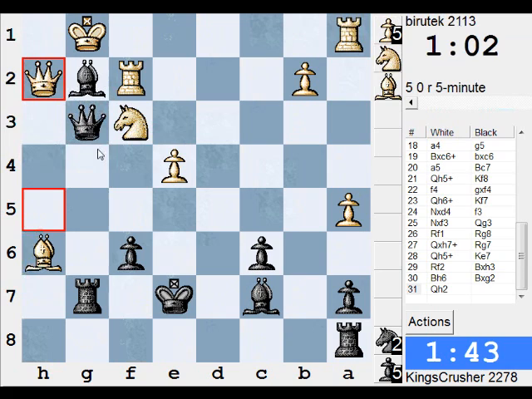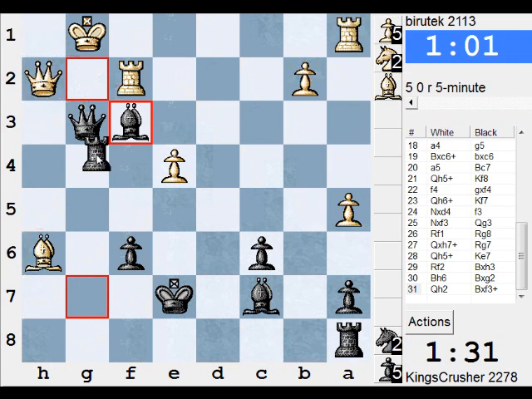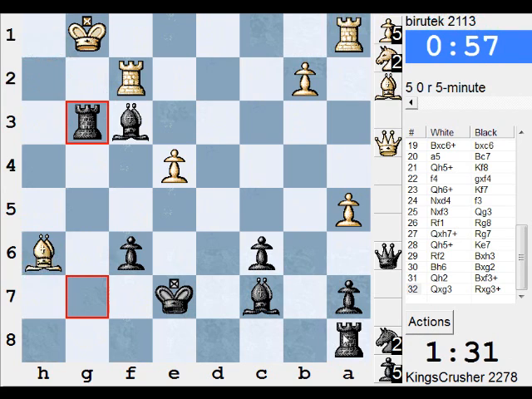Aha. Okay. So I can play bishop f3. He takes the queen. I take the rook. I can play rook g8 after. So I'll accept that deal. Maybe there was something stronger there. Probably. But this